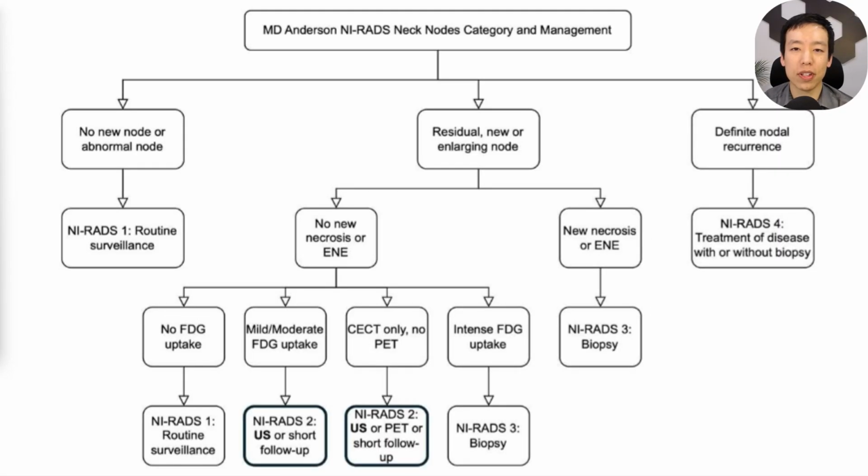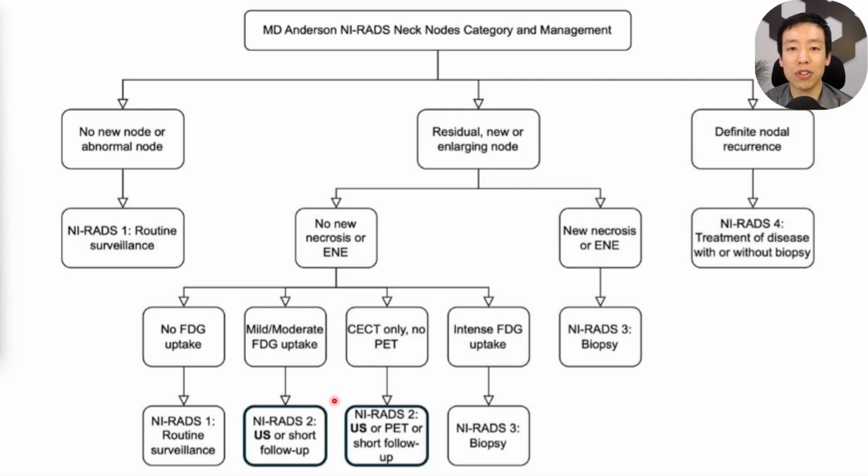The authors propose that incorporating neck ultrasound with targeted FNA in the evaluation of Neck NIRADS 2 findings provides additional clarity. Figure 5 is the MD Anderson guidelines for a modified NIRADS system that includes these. So if you have a residual, new or enlarging node without necrosis and without gross extranodal extension on contrast-enhanced CT, with or without PET, and if you perform PET, if you didn't have intense FDG uptake, then it would be